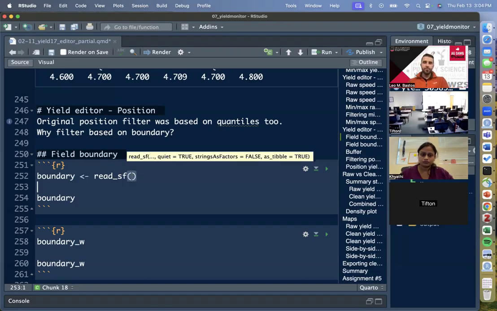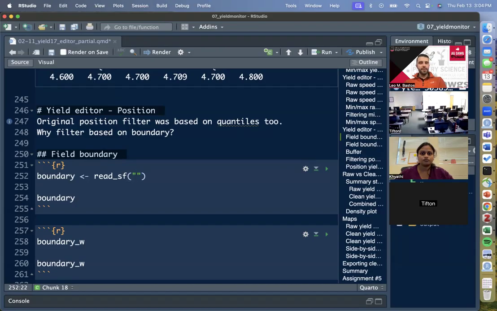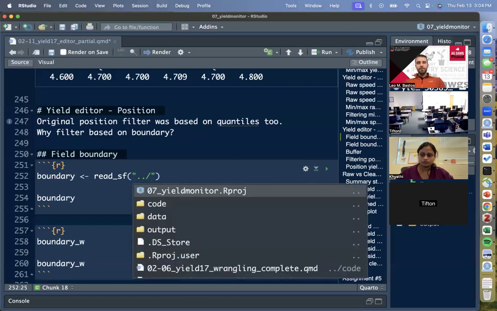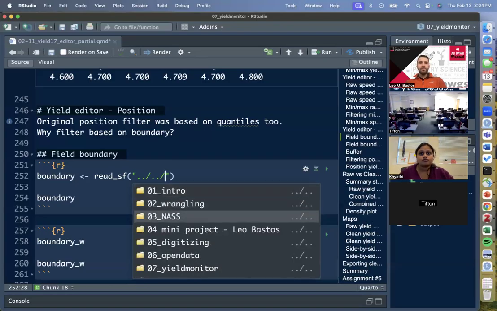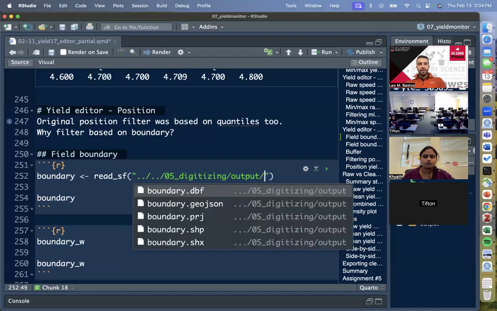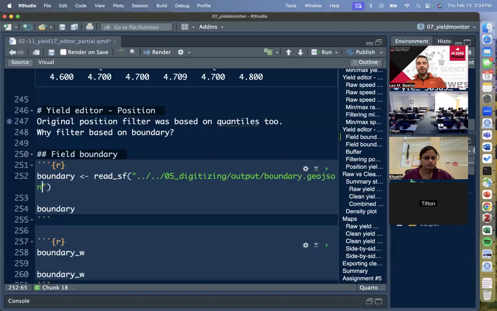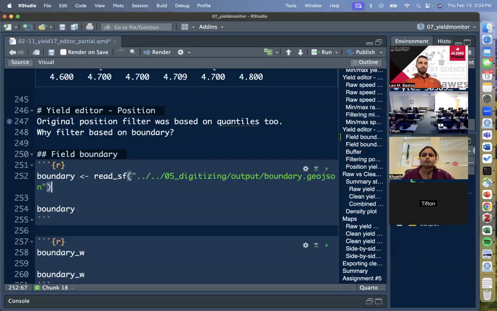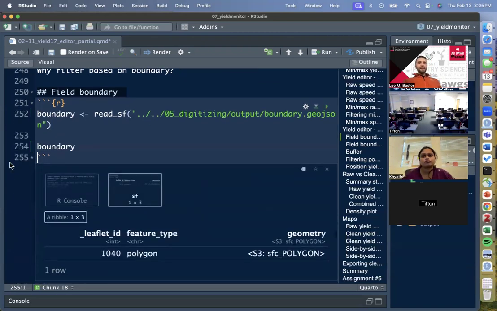Perfect. So let's bring in our quotation marks. We need to navigate out a few folders, right? So .. if you hit tab, you are inside of your EO Monitor project. We need to get outside of that and be able to see the 05 digitizing folder. So another set of .. Now we're seeing all of the projects. Let's go inside 05 digitizing, go inside output, and we have our boundary.geojson right there. So that's what we're bringing in. If we run that and print it,